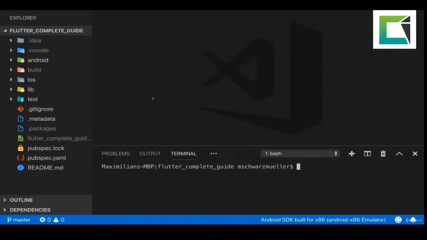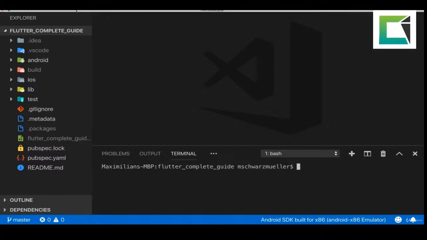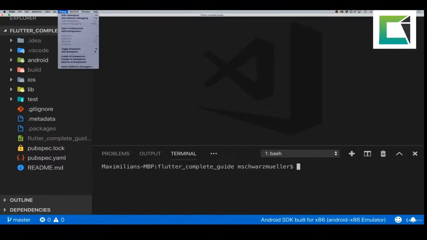in the first course section, we got an even more convenient way of running our app. You can go to Debug here, and now you have two options of starting your app. You can start it in debugging mode, either by clicking here or by using this shortcut here. And this is something I'll show you later in a separate module where I will show you how you can debug your Flutter application and find and fix errors. You can also run it without debugging, which is a bit faster,